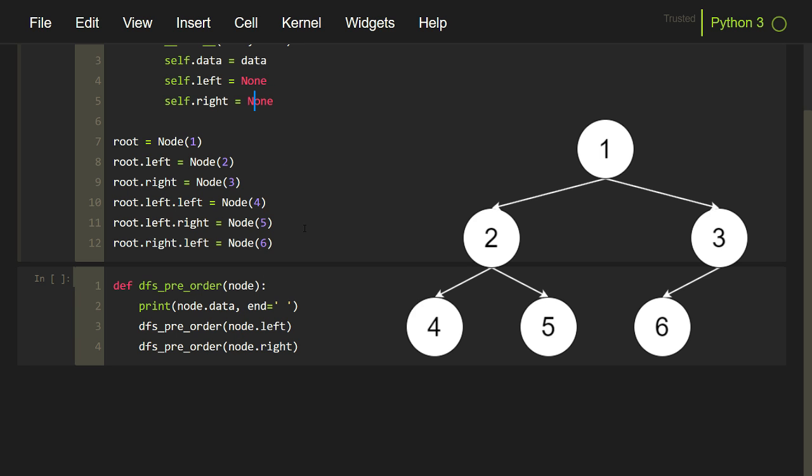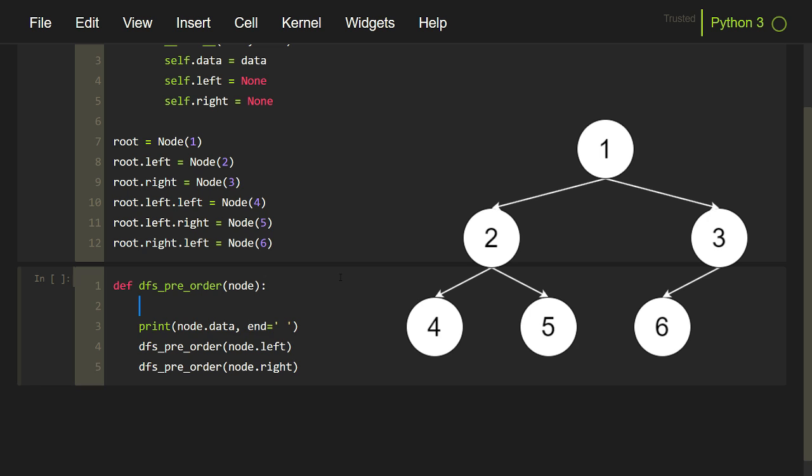Also, for all the leaf nodes in the tree, that is 4, 5 and 6, the children of all these leaf nodes will be none. So both these recursive statements will call the function with the none value. So in all these cases, node will be none. So to avoid using none dot something, we need to add an if condition before these three statements where the node dot something is accessed.